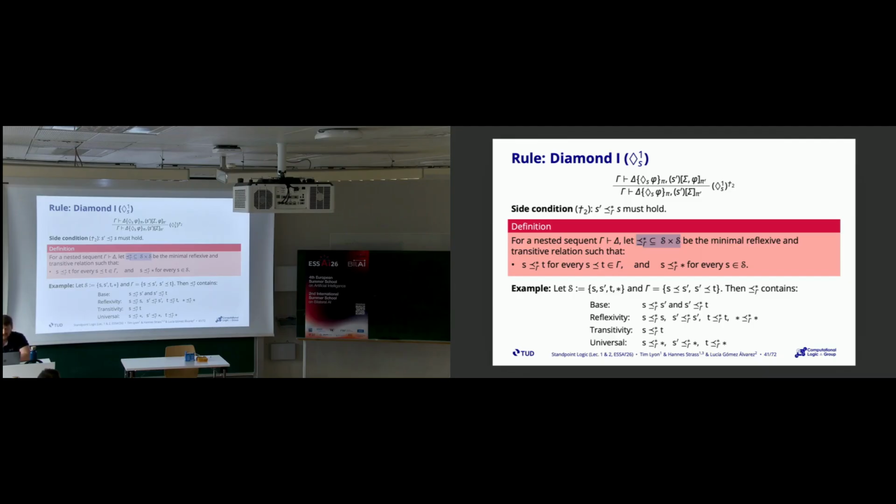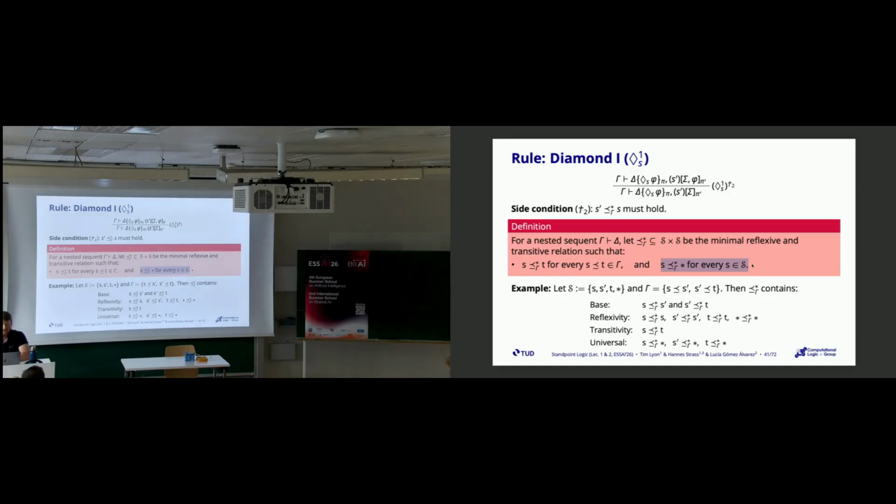And it is the minimal, reflexive, and transitive relation which satisfies these two conditions. The first condition says that if there is a sharpening statement occurring in my antecedent, then the standpoint S and T must stand in this antecedent relation to each other. And the second condition says that for every standpoint in S, it must stand in the antecedent relation to the universal standpoint. So to try to make this definition more comprehensible, I've given an example on the bottom of the